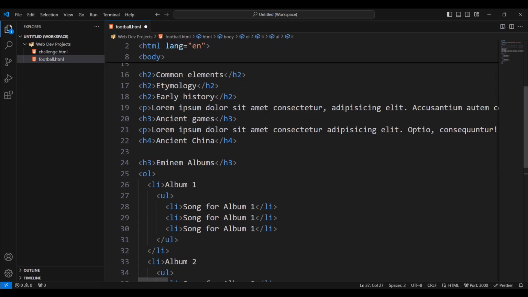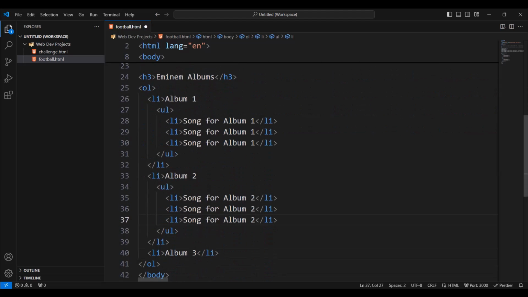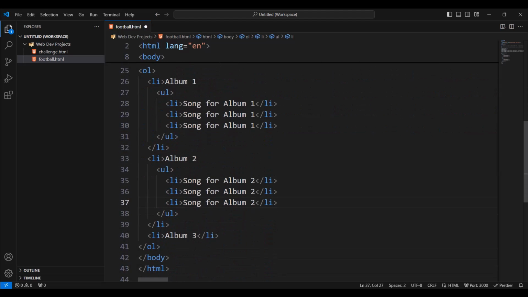Alright, this is our discussion about unordered and ordered lists, and you can play with this to get comfortable with what we talked about. You can add more elements to album 3, you can add another list inside the list that is defined here.